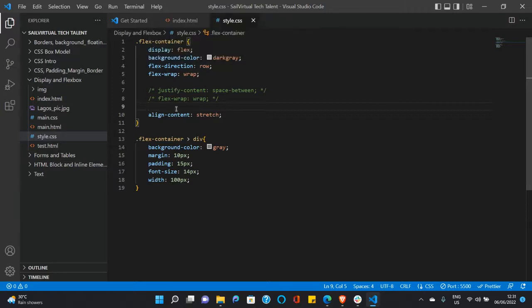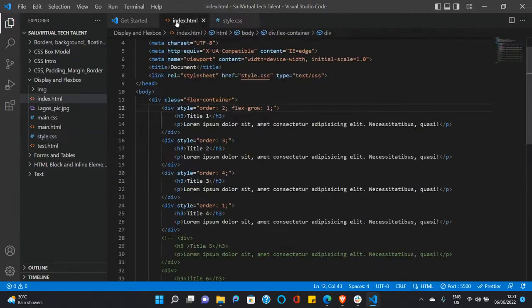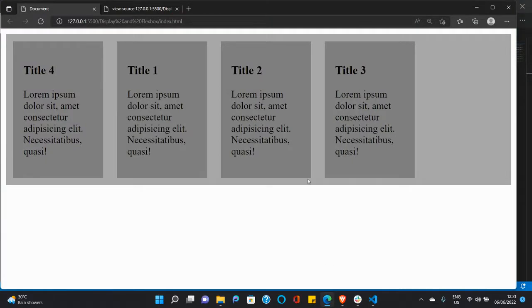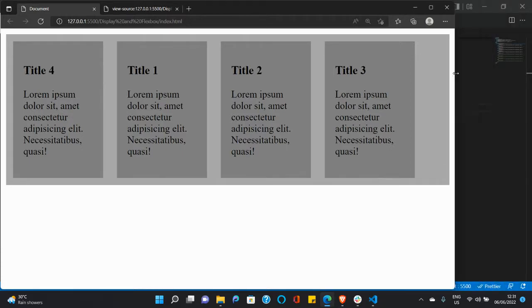Next, we have the flex shrink. So we change this to flex shrink. The default value is actually 1, but if we change this to 0, it's actually going to shrink a lot slower than the rest of them. So going back here, you can see now they are all the same sizes. But if we begin to reduce the size of this browser,